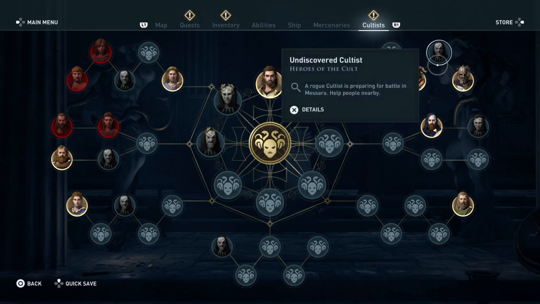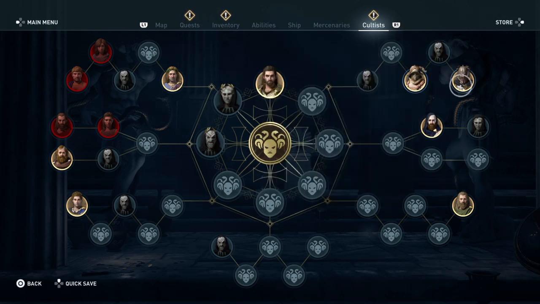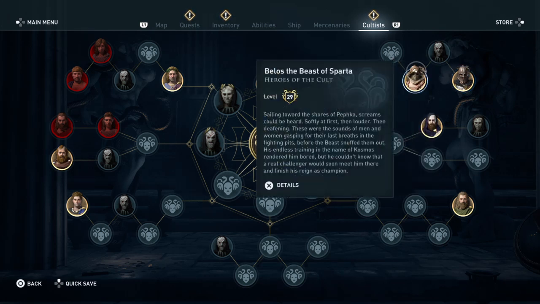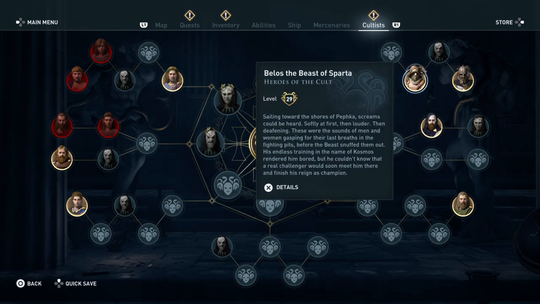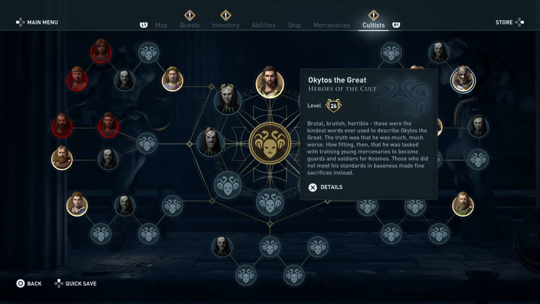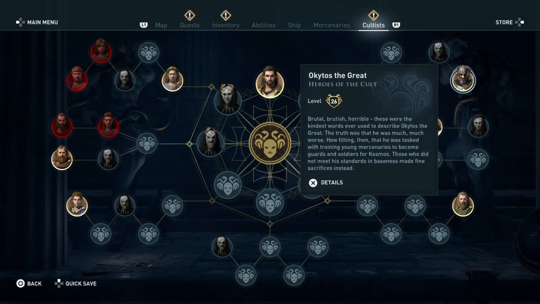Right? And then there's the heroes of the cult. So these are like, I'm pretty sure one's a gladiator, like the kind of champion gladiator in the arena, which I still haven't gotten to yet, but I'm about to. They're like individual, really particularly good warriors or mercenaries or whatever.